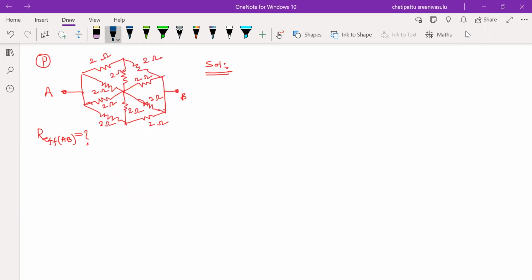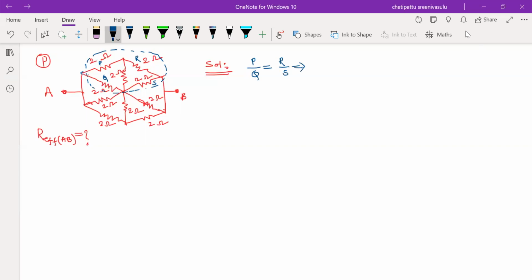Here you can observe a symmetry form, or another one, the Wheatstone-Bridge principle form. You look at this circuit alone, what I am drawing. If you assume this is P and this is Q, this is R, this is S. Now it looks like P upon Q equals R upon S.